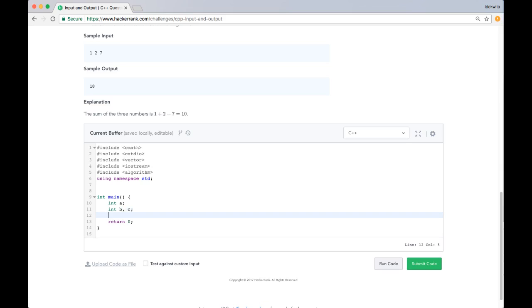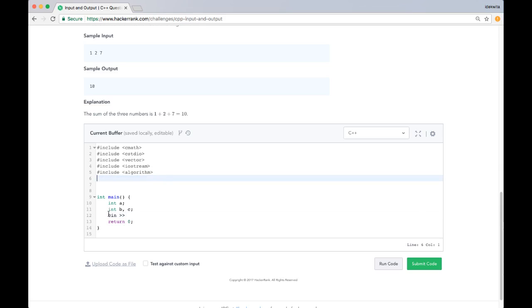Note that these don't have any value yet, and if I were to do mathematics with them, the results would be undefined. But that's okay in this case because the first thing I'm going to do is read from cin. Notice I didn't include std:: as I did for cout in the earlier example because of this line here. This says anything that starts with std::, I'm just going to treat like I already typed std::. This is not considered good practice in large programs, but in a small program like this, it's perfectly safe. However, I can delete this line